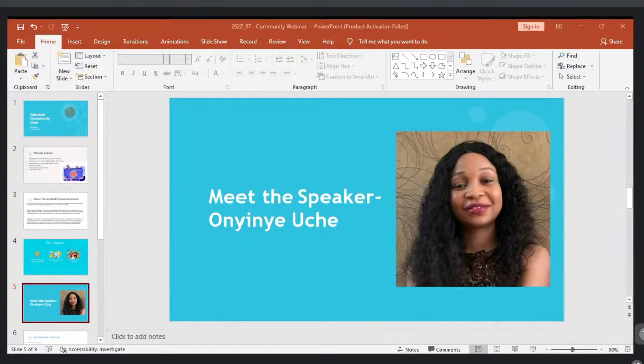She currently works with Paystack as an observability engineer, and she holds a Bachelor of Science in Microbiology from the University of Nigeria, Nsukka, and she has earned other IT certifications, including the Amazon Web Services and Kubernetes certifications during the course of her career. And she's invested a lot in helping young women kick off their careers in tech while she continues to make great strides in hers. So, Onyinye, please, the floor is yours. Welcome.